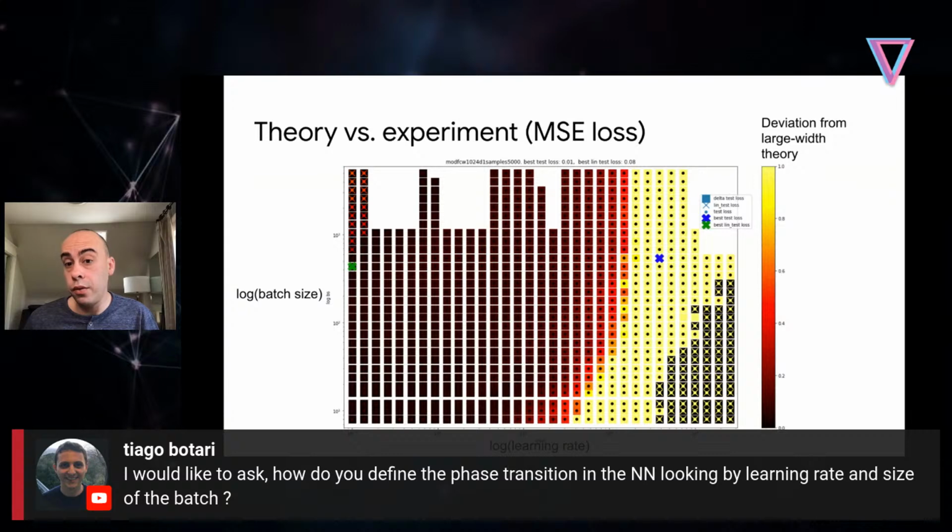So I don't have a full answer for that. Thankfully, we can see from this experiment that the effect of batch size is pretty mild. When we've done, for example, the experiments on wide ResNet, it was not full batch, it was SGD, but we see that the predictions from the full batch still hold pretty well. This is because the SGD noise is actually a pretty mild effect. So I can't give you a theoretical explanation of the shape of this line, but we do see that it's not as significant as changing the learning rate.